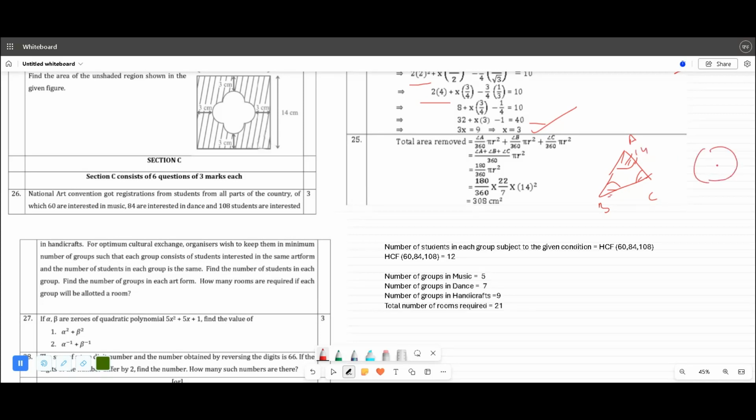अब आपको पता है फुल सर्कल का एरिया क्या होता है, πr² होता है, राइट। मान लीजिए थीटा एंगल का हमने एक सेक्शन चॉप किया, तो उसका एरिया क्या होगा, तो that will be πr² over 360 into theta, राइट। वही हमने यहाँ कॉन्सेप्ट यूज किया है। तो जब हम ए एंगल की बात करते हैं तो हो जाएगा एंगल A/360 πr², एंगल B/360 πr², एंगल C/360 πr²। तो πr² over 360 कॉमन ले लीजिए, तो क्या मिला, एंगल A प्लस एंगल B प्लस एंगल C। आपको पता है ट्राइंगल के तीनों एंगल्स का सम क्या होता है 180। तो ये हो गया 180/360 into πr², 180/360 is 1/2 into 22/7 into 14 का होल स्क्वायर, that is 308 centimeter square। और यही आपका क्वेश्चन था कि what is the area which is chopped off और which is taken out।